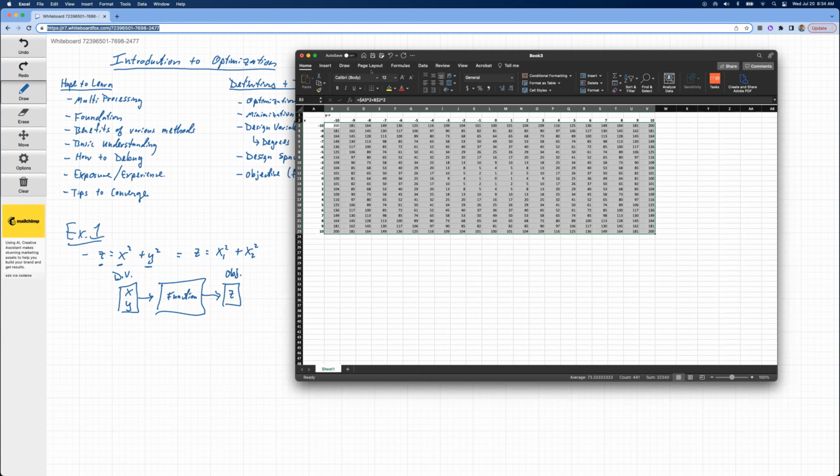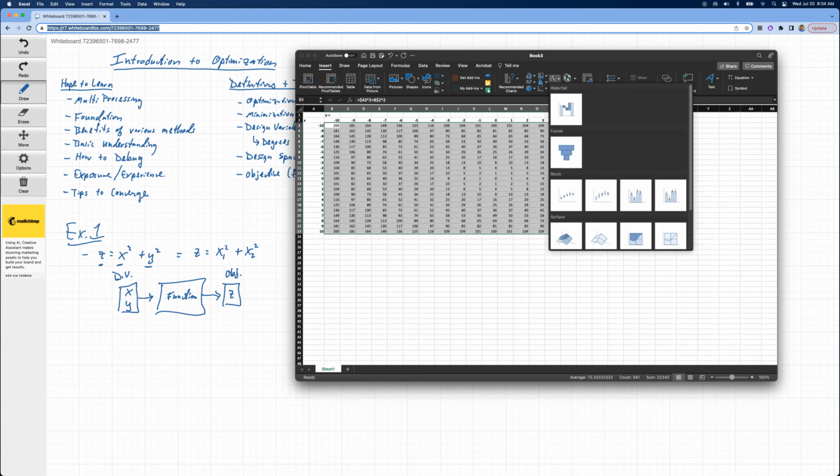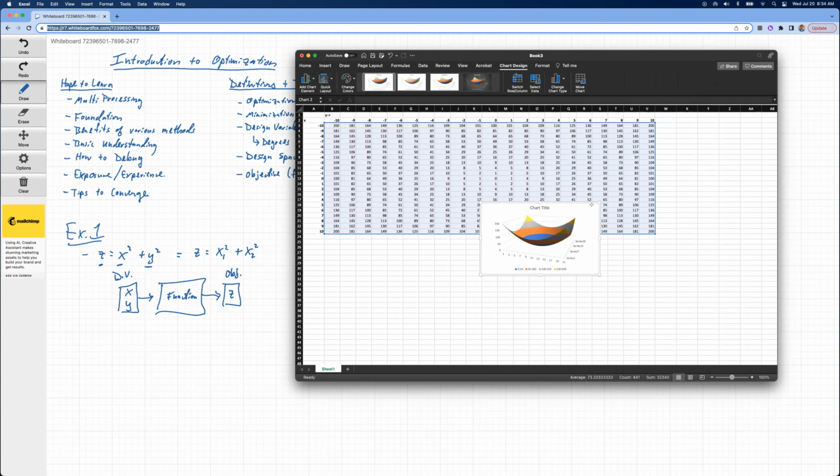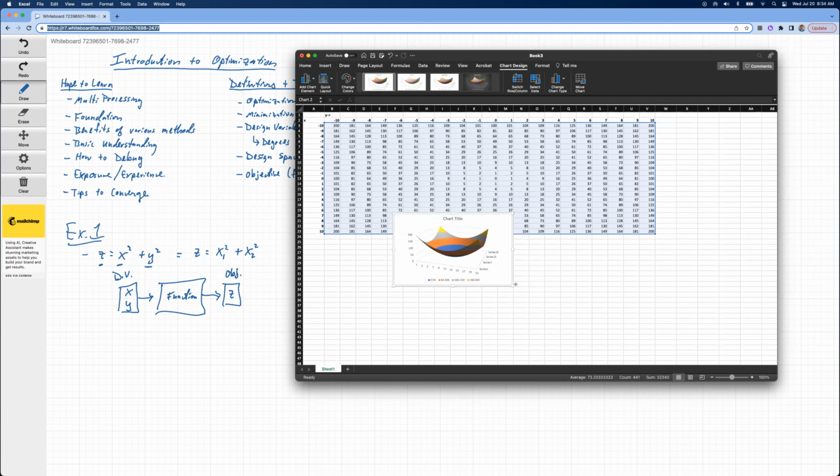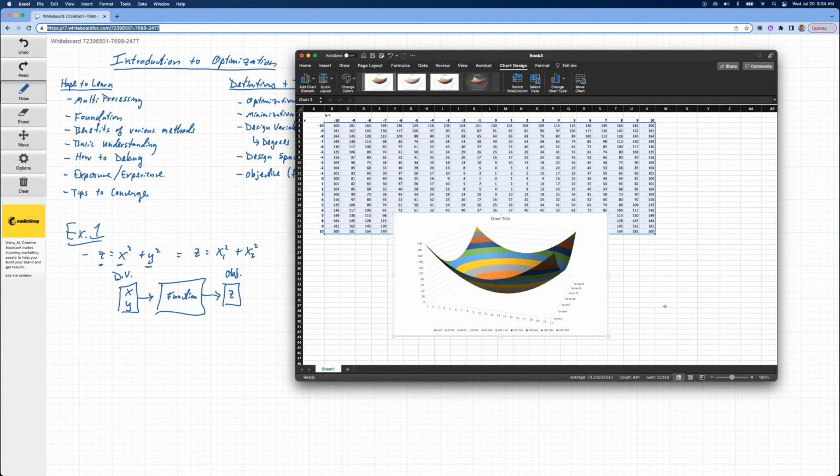select that whole thing, and then I'm going to go to Insert. And there's a plot here called a surface plot, and I haven't played around with these a whole lot. I'm going to try this guy. There we go. There's a surface plot of this design space. This is really a three-dimensional design space, and these are fairly simple to visualize because we have 2 inputs. We've got an input along the x-axis, we have an input along the y-axis, and then we have a z-axis